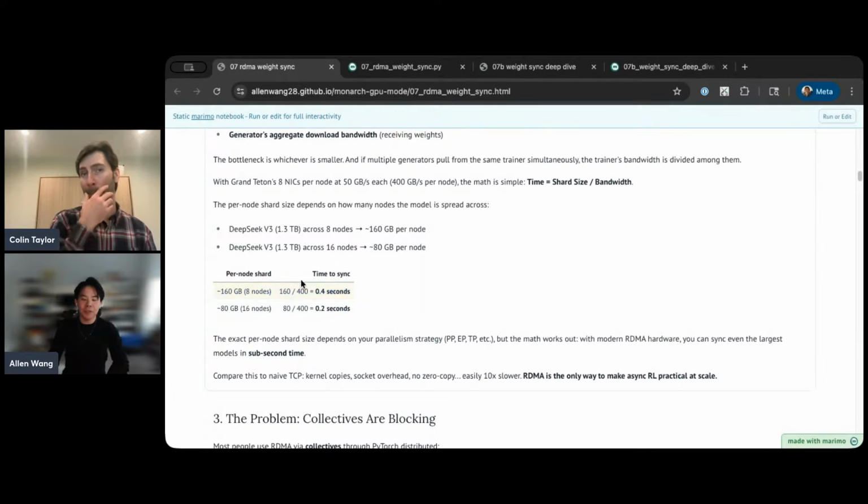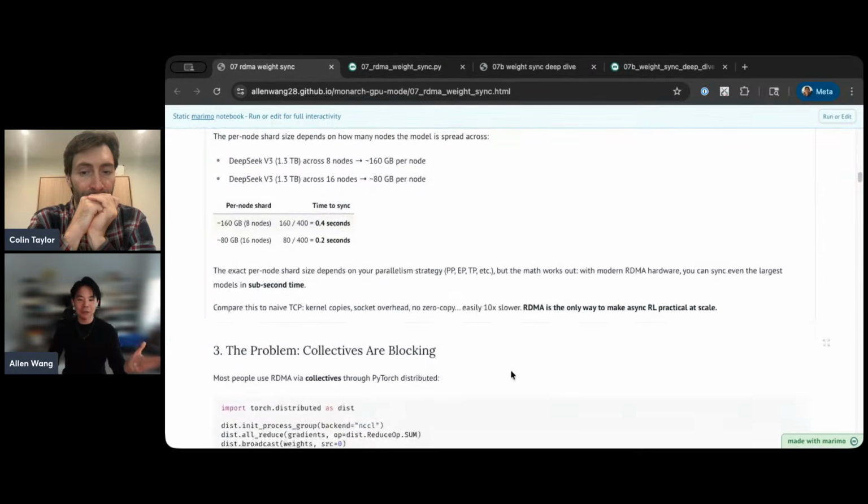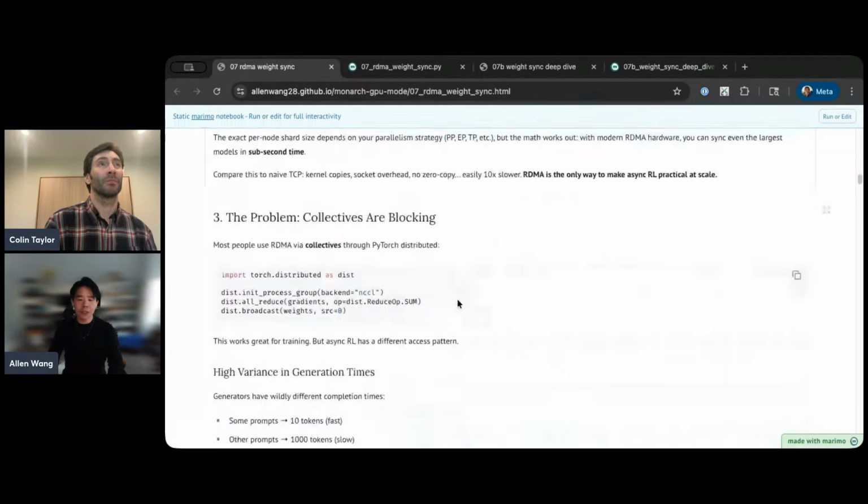And so this is a very ambitious estimate. I don't know that anyone's actually seeing this in practice, but it's just an interesting thought experiment that in an async RL setup you could use RDMA to transfer data very quickly, when if you just looked at the numbers from a bare perspective, you might get scared of that. Cool. And so the main takeaway here is it can be a little complex, but what we find is RDMA is a really good way to make async RL practical at large scales. So to continue on,